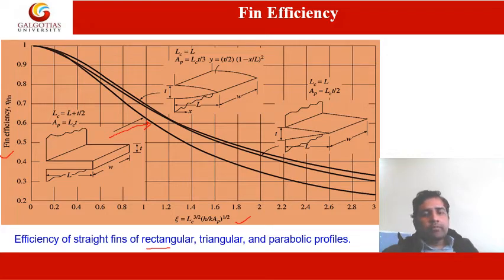This quantity is shown on the x-axis, and this profile gives us the efficiency. Actually, this quantity tells us about the shape, the shape factor of the fin. This is the kind of plot we get when we apply the rectangular type of fin, and when we apply the triangular type,